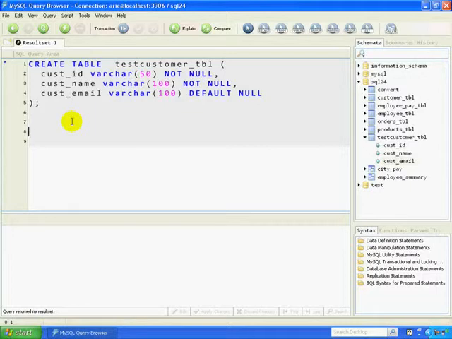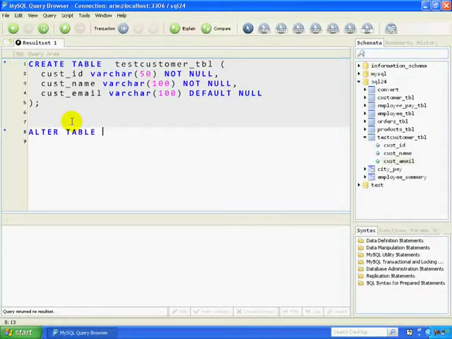So in our test customer table we're going to decide that we're going to capture the value for the customer phone number now. So now we want to actually go about altering our table to include the column for customer phone number. So in order to do that, I simply need to start off my statement with an alter table